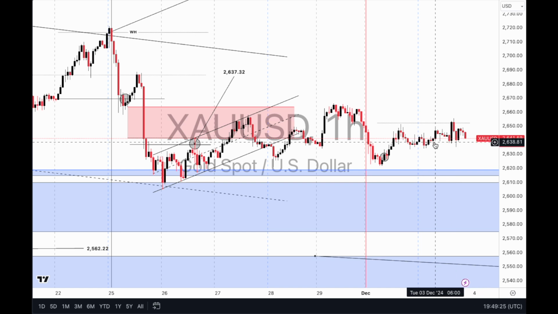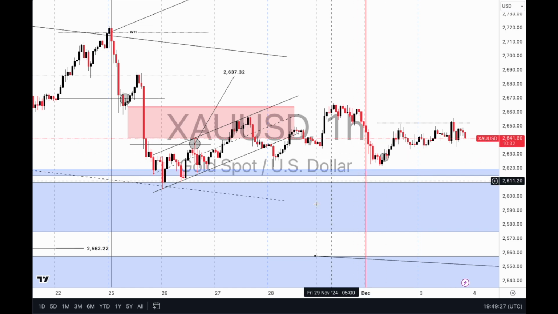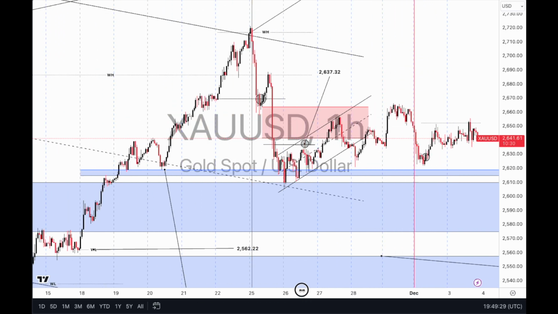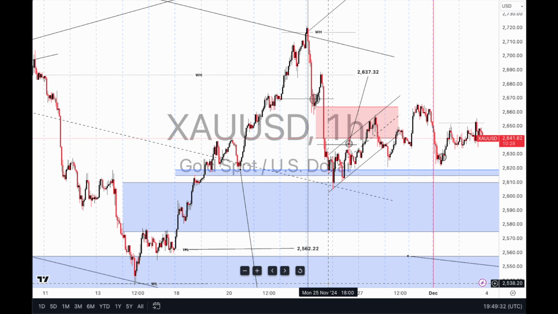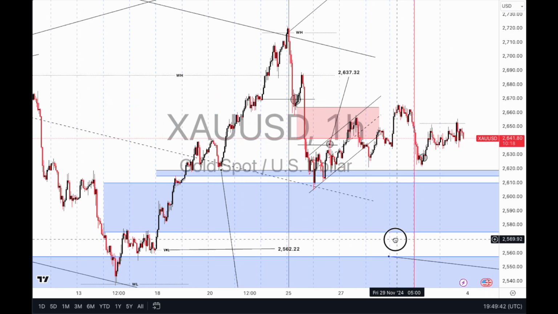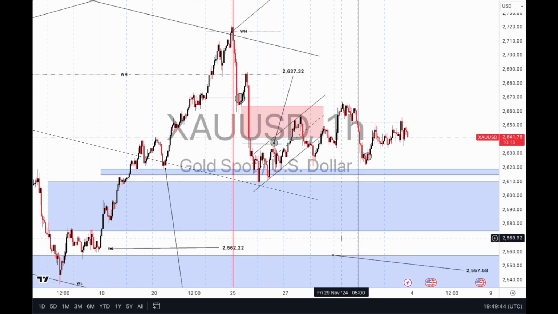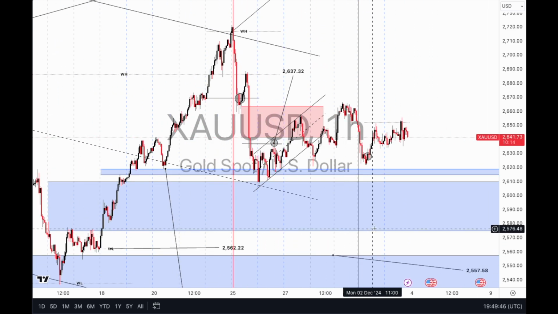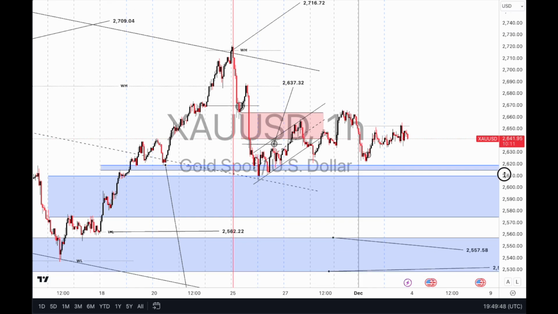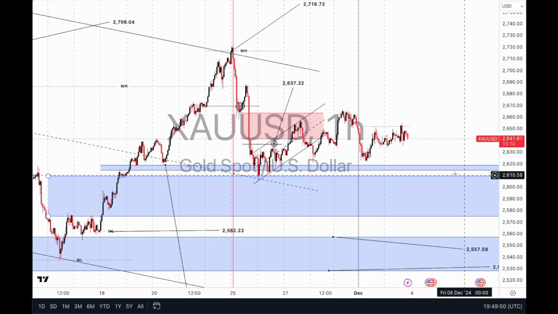So with that all said and done, we're going to begin the analysis for this week, which is from week commencing the 2nd. That was yesterday's video, but however, we're looking at this week, so today being the 3rd. We're going to look at some of the moves that I'm looking for in terms of when I am most likely going to jump back into the market, and we're just going to take it from there.